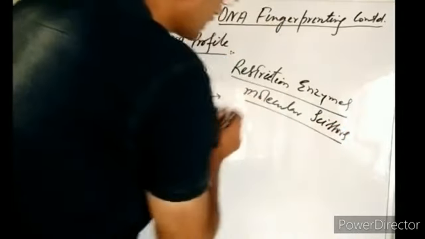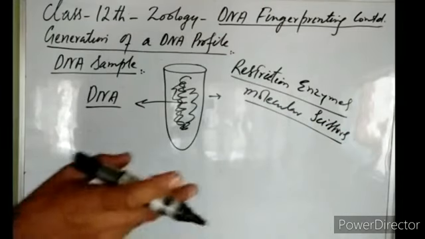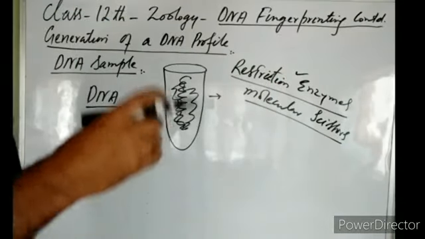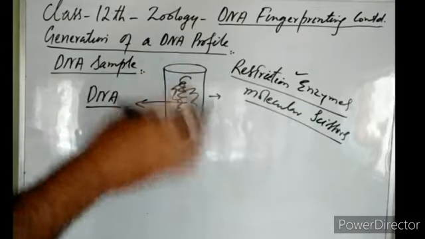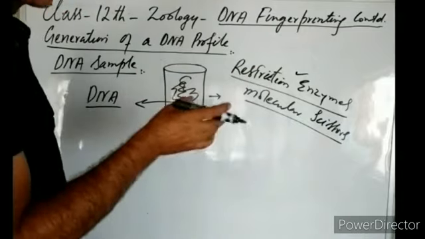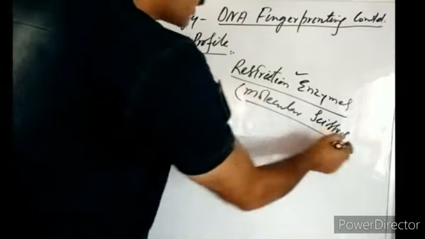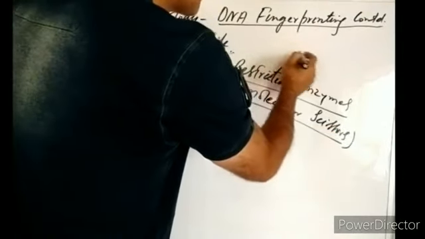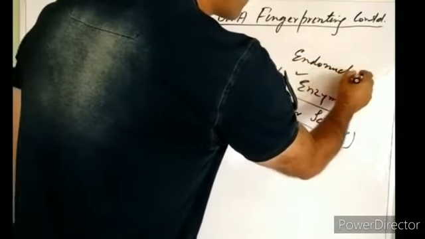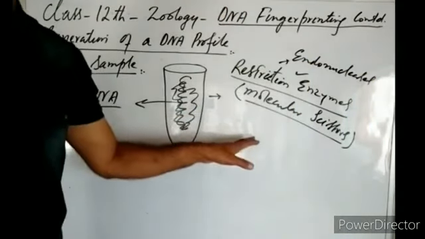As we cut cloth with the help of a scissor, similarly we cut the DNA, but we don't use tailoring scissors. We use enzymes. Those enzymes recognize a specific sequence on the DNA where they cut it. So these enzymes, which are used for cutting the DNA at specific sequences, are known as restriction enzymes, or molecular scissors. They are most appropriately known as restriction endonucleases, right? So restriction endonucleases are mostly used for cutting this DNA into small fragments.